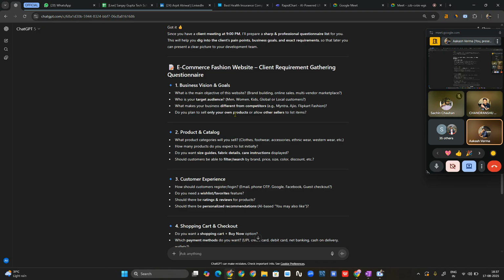ठीक है, व्हेन यू परफॉर्म द मीटिंग विद द क्लाइंट, देन वेरी फर्स्ट क्वेश्चन आफ्टर द ग्रीटिंग वगैरह करने के बाद द वेरी फर्स्ट क्वेश्चन फॉर द बिजनेस एनालिस्ट, राइट, व्हाट इज द मेन गोल ऑफ दिस वेबसाइट, व्हाट इज द मेन गोल ऑफ दिस ऐप, व्हाट इज द मेन गोल ऑफ दिस कस्टम रिक्वायरमेंट।